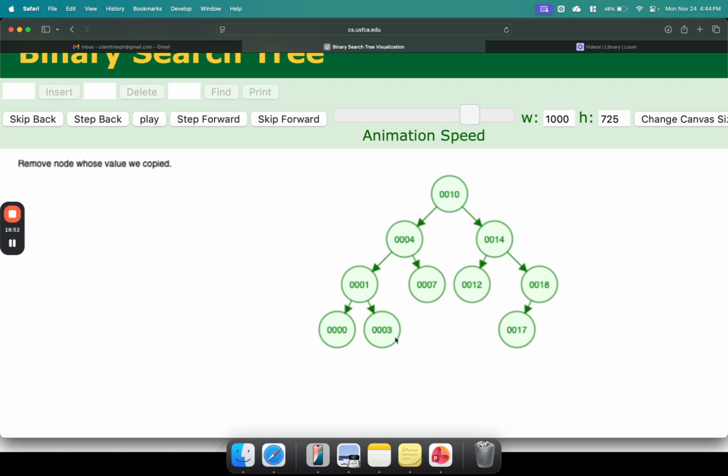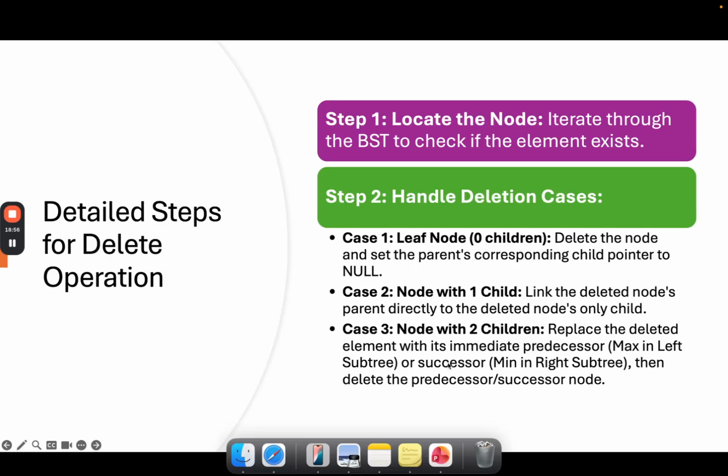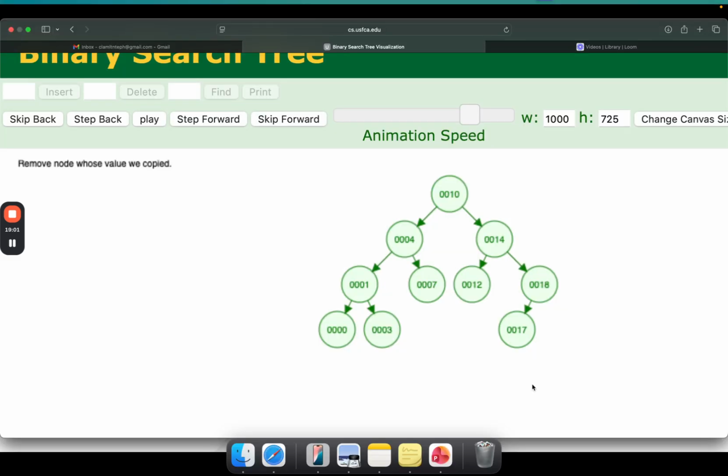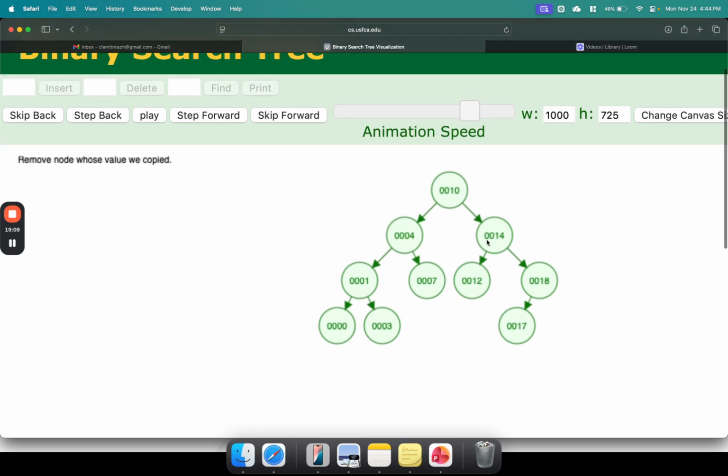If we were to do it with the successor, you do the same thing, but in that case, you need to look for the smallest value in the right subtree. I don't think I can simulate it with this, but let's just say I deleted 14.